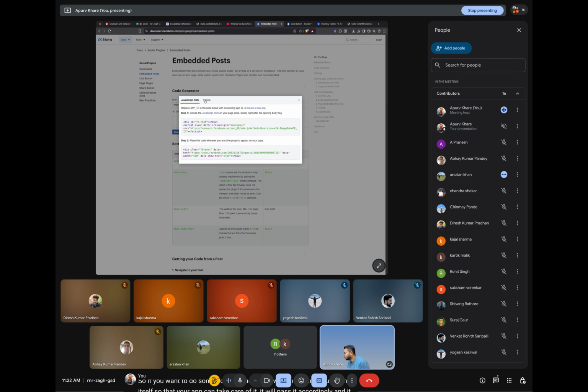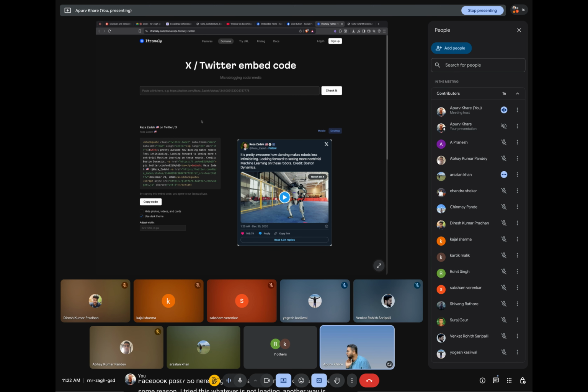Here there are two things. One is iframe. For some reason I tried this, but the iframe is not loading. Another way is the JavaScript SDK. But again, this will eventually render an iframe only. This is just another way of showing it, but eventually it will show the iframe. We'll talk about this when we come to it. And similarly, there is one for